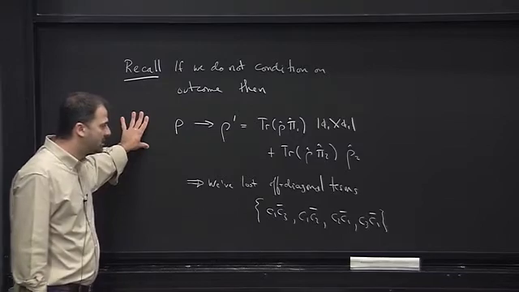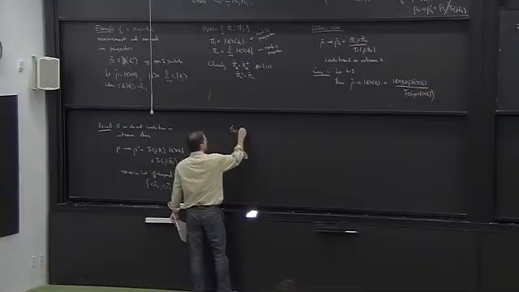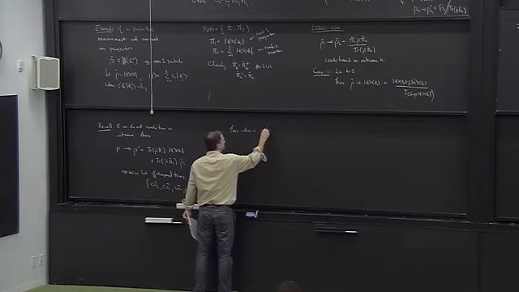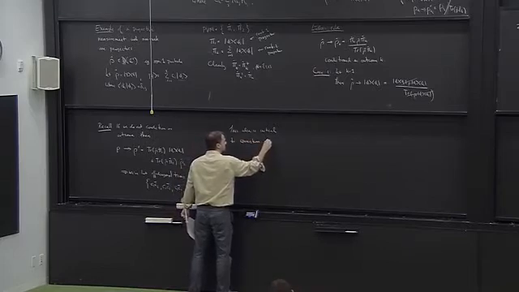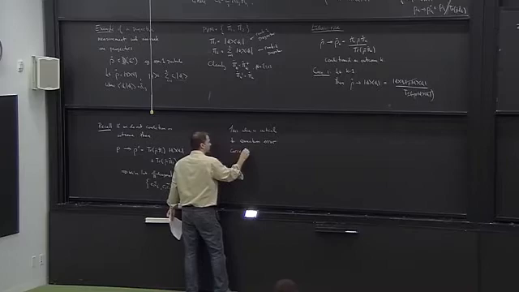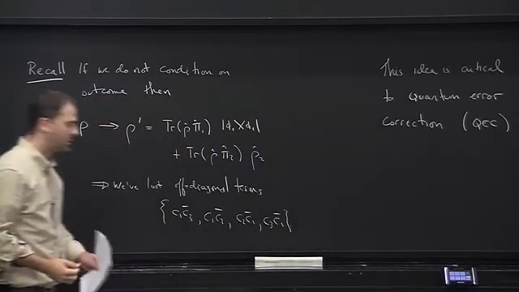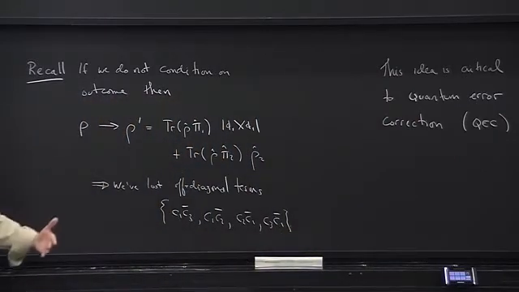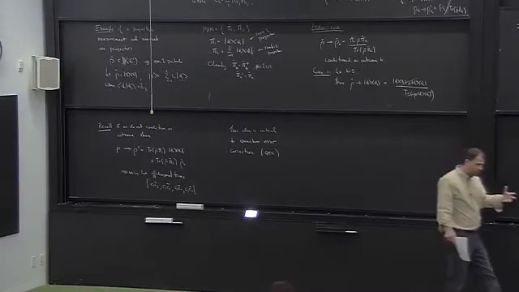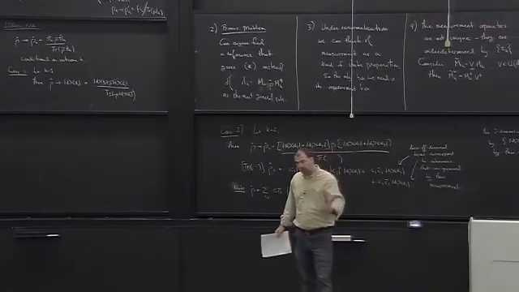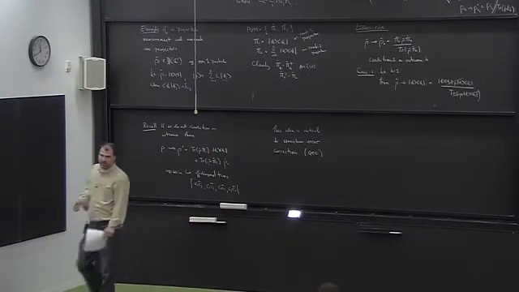This idea here is essential, critical to things like quantum error correction, or QEC. So remember that quantum error correction is a fundamental idea in quantum information that even in the presence of noise, it's possible to introduce techniques that allow you to preserve the information in a way that's robust against that noise. And so one of the techniques in quantum error correction is to say, look,